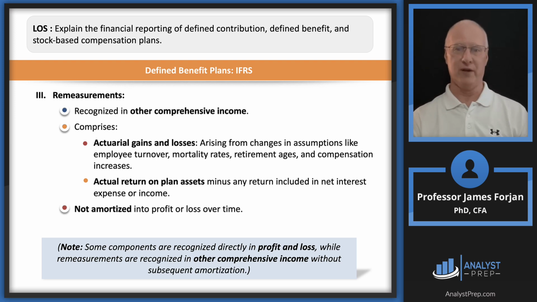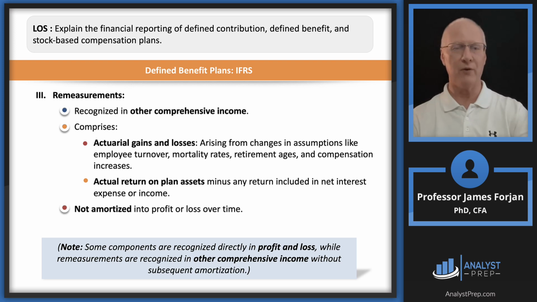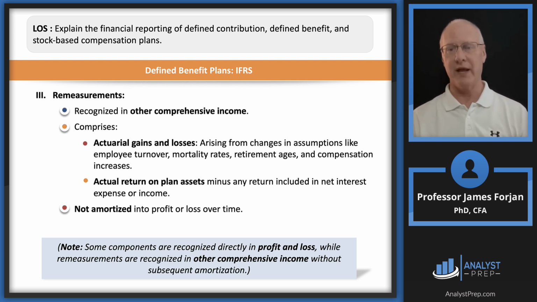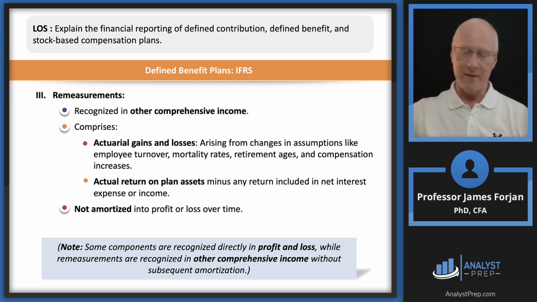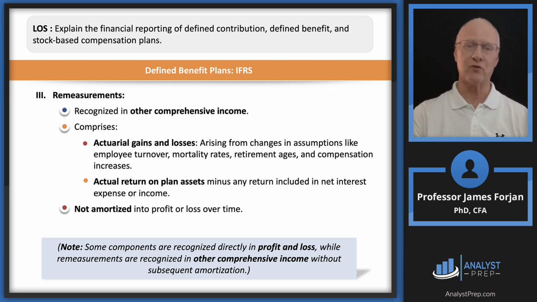Once again, profit and loss. How about remeasurements? These remeasurements can be anything from something as simple as, suppose some country says, you know what, we told you that you could retire when you're 64, but we've now changed that to 68 in order to get some kind of government pension. Well, there you go. So that's going to change those retirement ages. Then you have to worry about how much extra compensation those employees make over that extra 4 years, employee turnover, mortality rates.